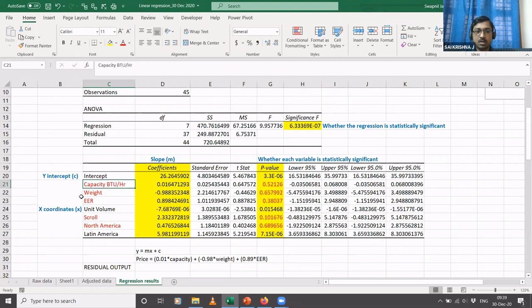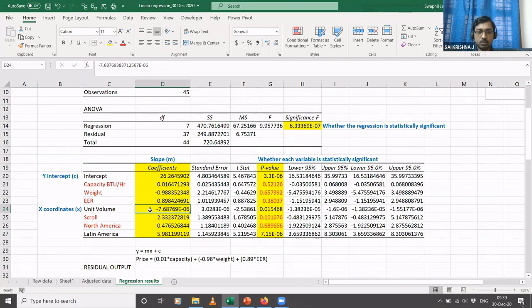In other words, the price of the compressor as per this equation that we have here does not depend on the capacity or the weight or the energy efficiency rating, but it does depend on the unit volume that you purchase and if you are procuring it from Latin America. Okay, so what does this mean? So you just see the value of the coefficient over here, it has a minus sign.